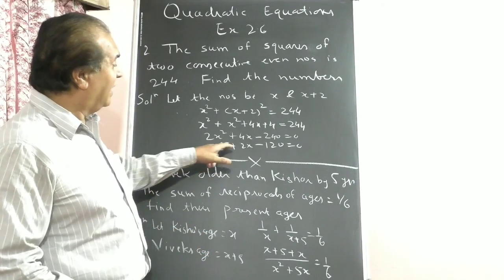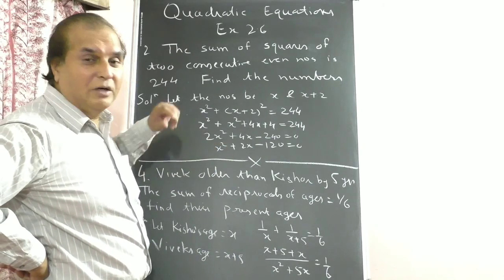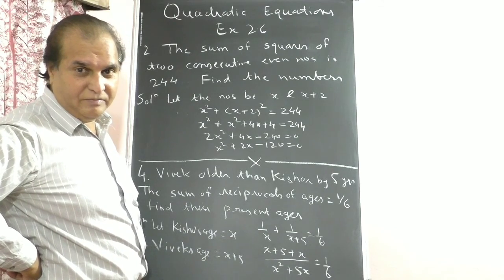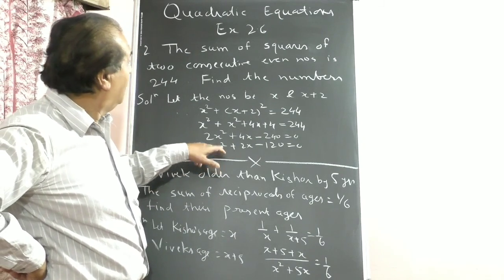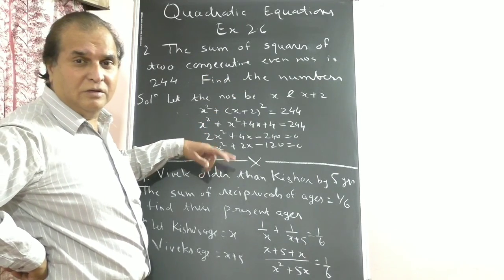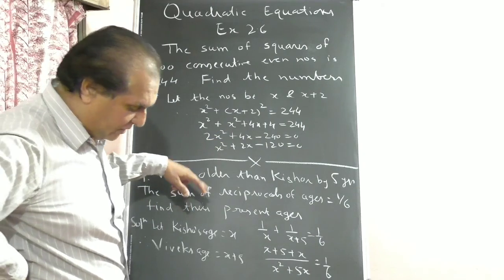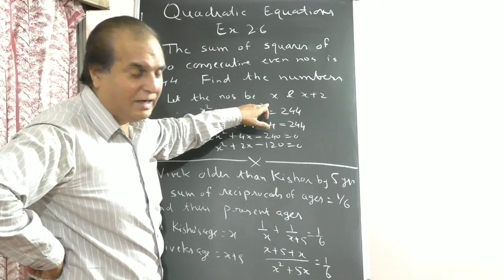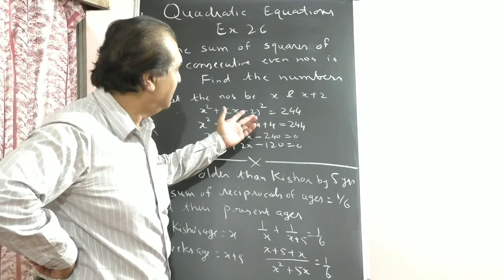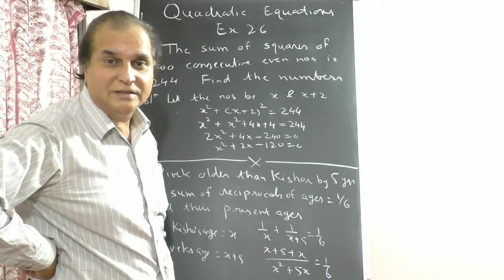One more. In this, the product is negative. It means one answer will be positive and one negative. Since we need a natural number, the negative answer is automatically invalid. The positive answer you have to take, that will be your x. And the next number is x plus 2, just adding 2. So if one number is, suppose, 14, the next number is 16. Answer: 14 and 16, you have to write.